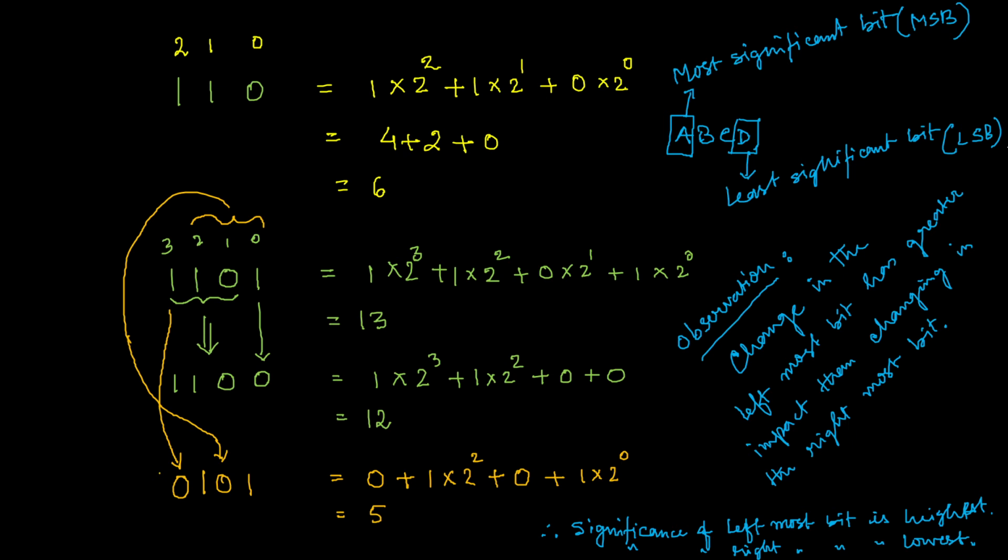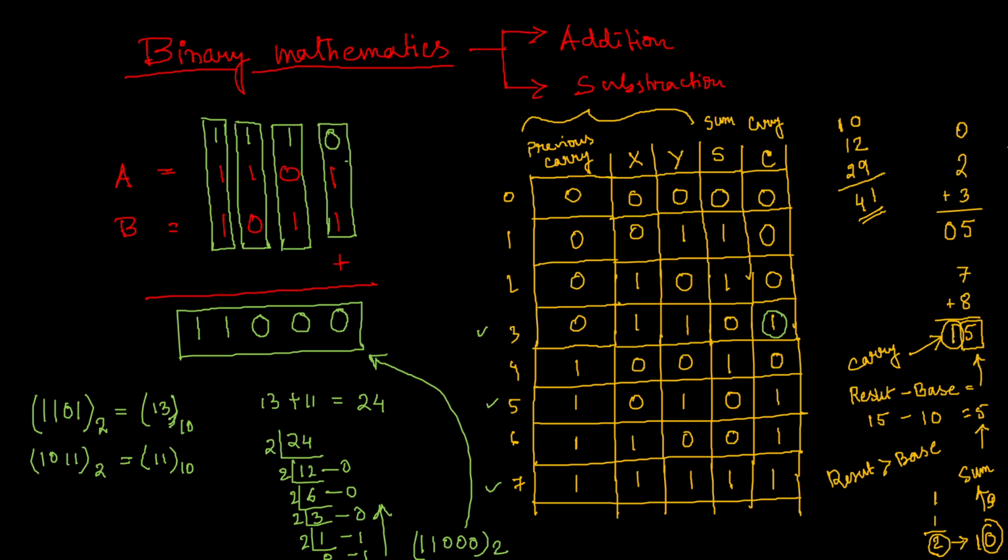So we have seen the idea of MSB and LSB in any number system. Now we will go for another type of binary mathematics that is left, that is the subtraction part. Previously we have already seen how addition can be done, and now it's for subtraction. Now let's try to realize this subtraction.